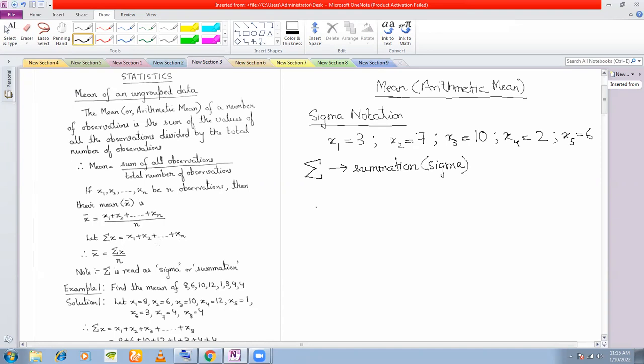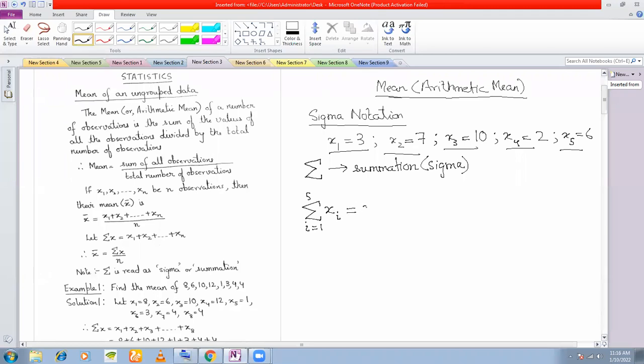So when I write summation, how many observations do you have? 1, 2, 3, 4, 5. If I write i is equal to 1 to 5 x, and I give a subscript i, it means that